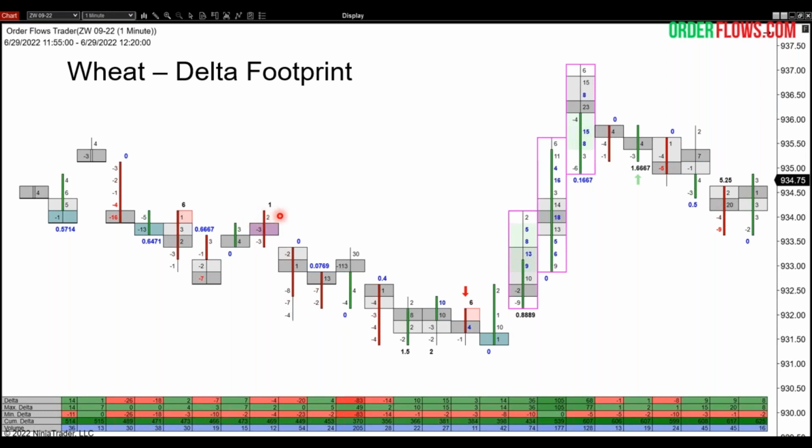Now, where this gets useful is you're going to see some bars like this, all negative delta, a red bar. So it's just telling you this bar opened up and it was just net aggressive selling at each price level, right? Because oftentimes in a bar you're going to see volume go back and forth, volume traded on the bid, volume traded on the offer. Then you're going to get these bars where it's just all aggressive buying at each price level. Positive delta, positive delta, positive delta. Right? What do you think this market is going to do? It's going to give you some nice scalping opportunities